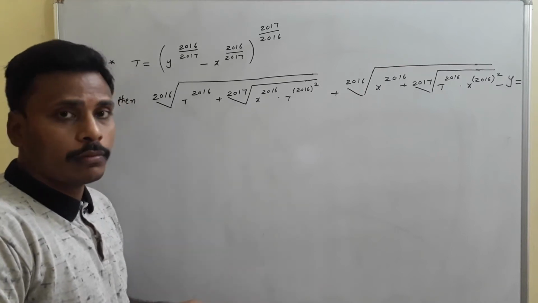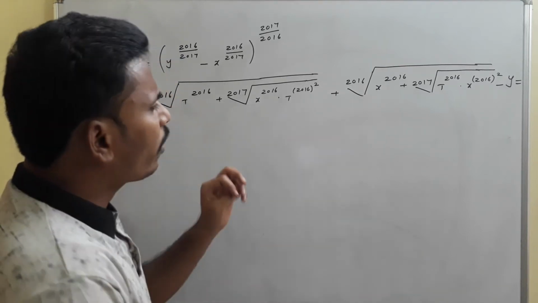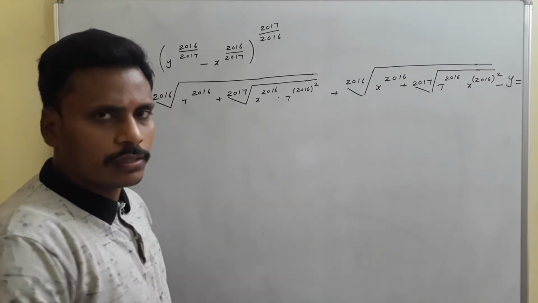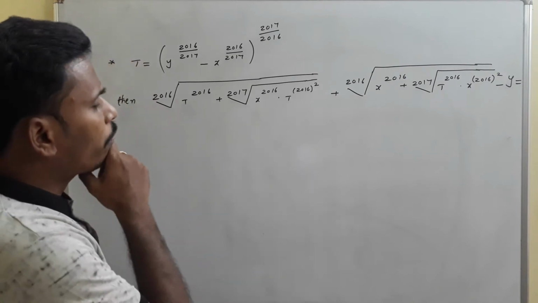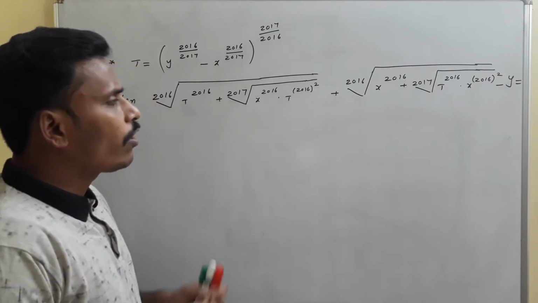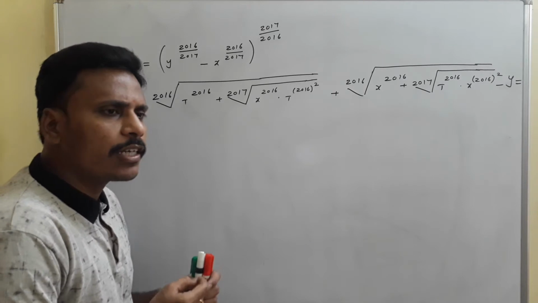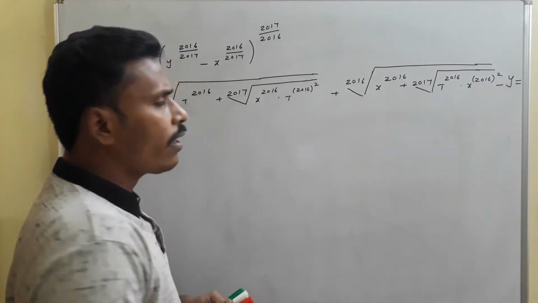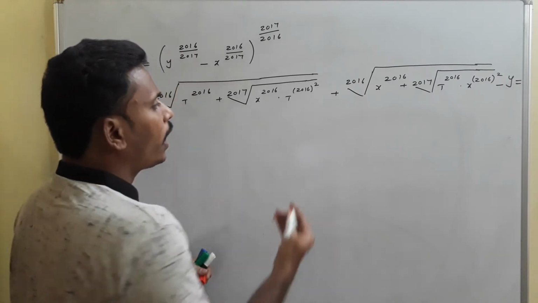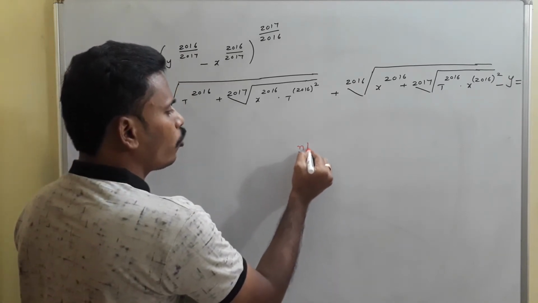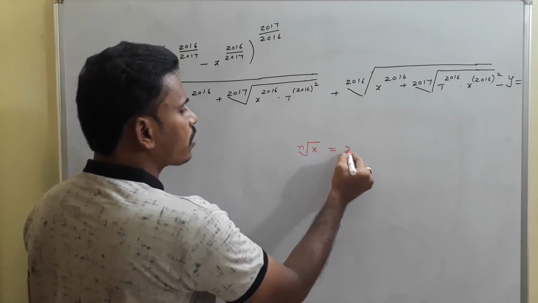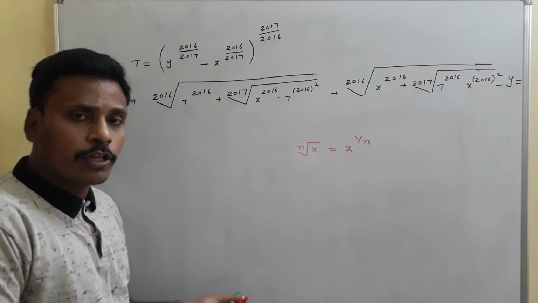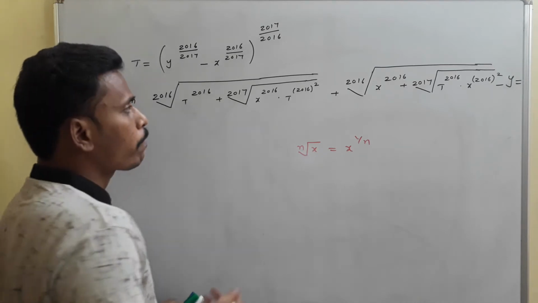Very different problem. Okay, I think very few of you will answer this, and the remaining, for sure, won't answer this. See, first of all, before going to answer this problem, we need to know some basic knowledge related to the nth roots, right? I think you are all aware of nth roots, and I am just revising that nth root of x is equal to x power 1 by n. Nth root of x in exponential form is x power 1 by n.